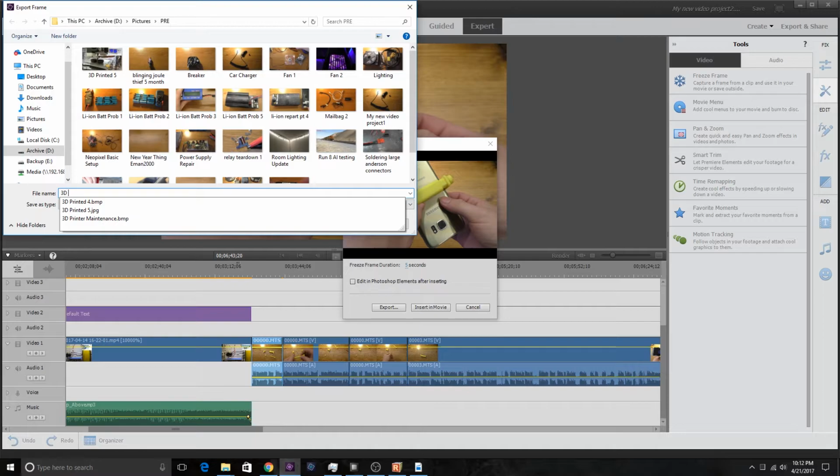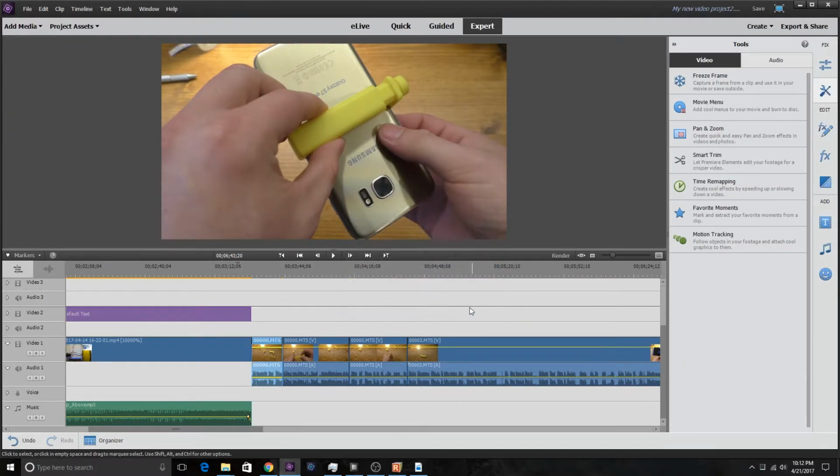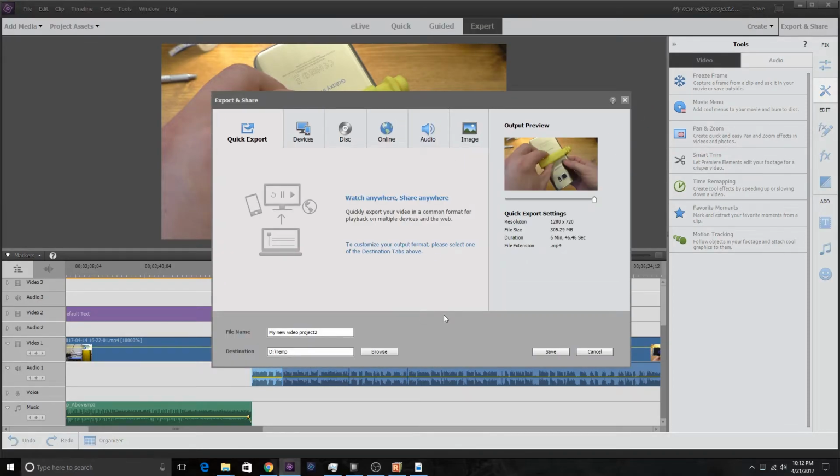So yeah, you see I already have a bunch of 3D printed ones in there. 3D printed 6 is what we're on. We'll save that, and we'll click on Cancel over here. And I'm going to go ahead and start the export on this. Now my export process is actually a 2-step process. This would be the first step, and then the second step involves using a program called Handbrake, and I actually do have a separate video on how I do that, but I'm going to show it in this video as well. But this is 3D printed number 6,